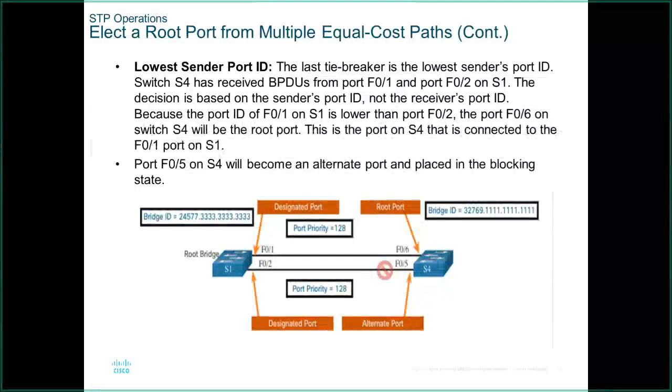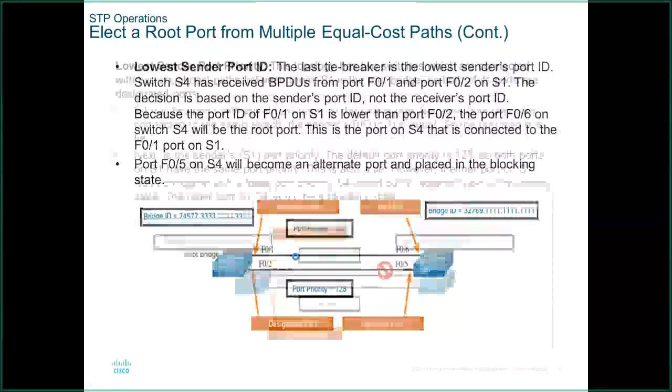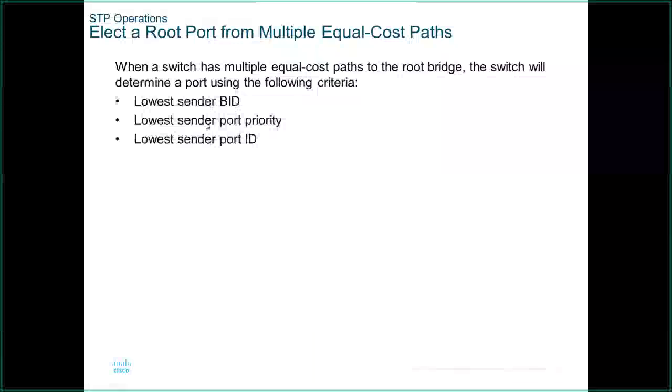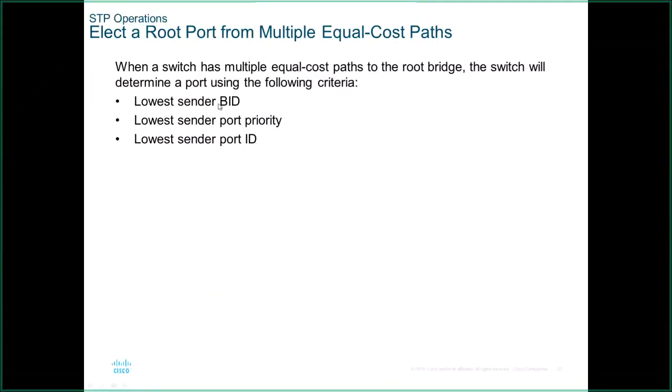Now, did anybody pick up my false trail? It's not about the port that it comes in on. It's about the port that is sent. So let's go back those few slides. Sender, sender, sender. Lowest bridge ID, lowest port priority, lowest port ID from the sender. So the PDU that arrives,